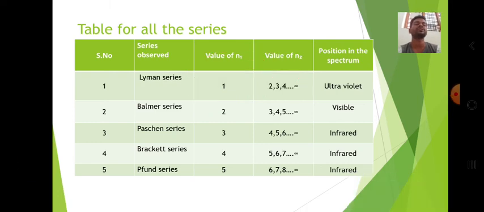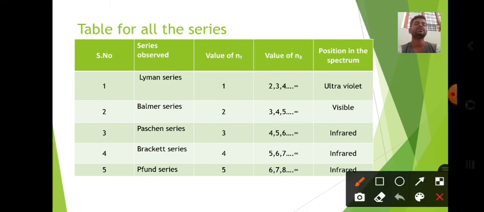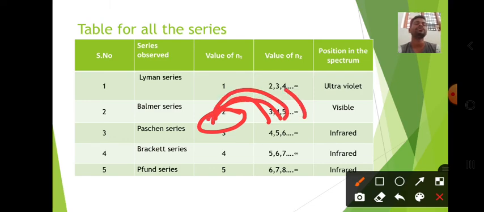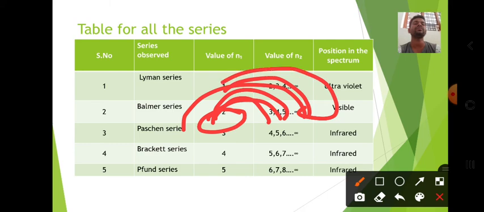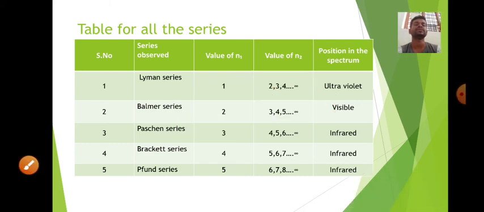For the Brackett series, see here, electron jumping takes place to its ending point, as in the Balmer series. So the jumping is from 3 to 2, 4 to 2, 5 to 2, 6 to 2, 7 to 2, and so on, infinity to 2. Like this, they release wavelengths, and the emitted wavelength